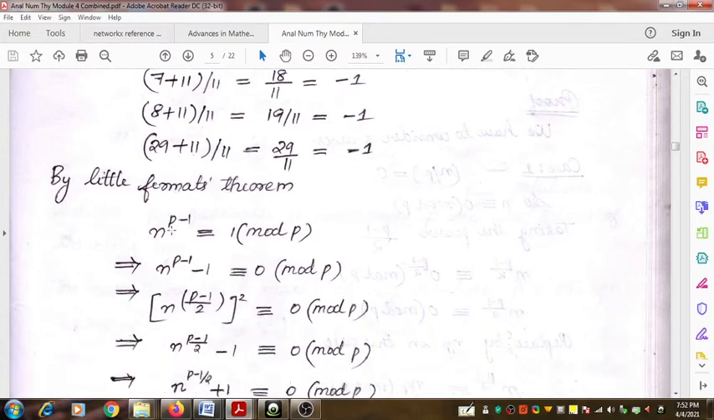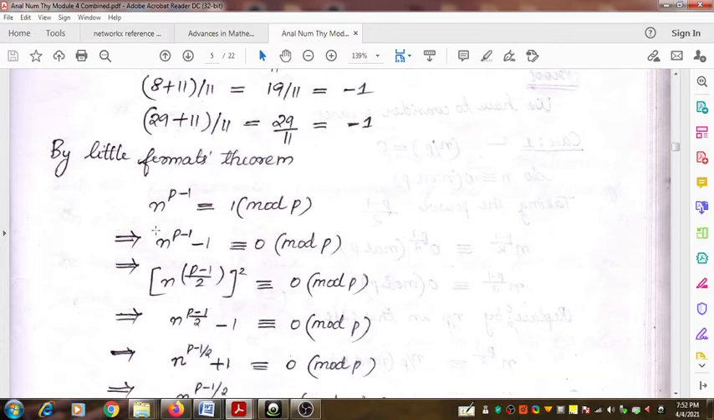Okay, that theorem says that n raised to p minus n is congruent to 1 mod p, and when we transfer 1 to the left side, we get n raised to p minus 1 minus 1 is congruent to 0 mod p. But you can write this quantity equal to n raised to p minus 1 by 2, the whole square, and you can see here